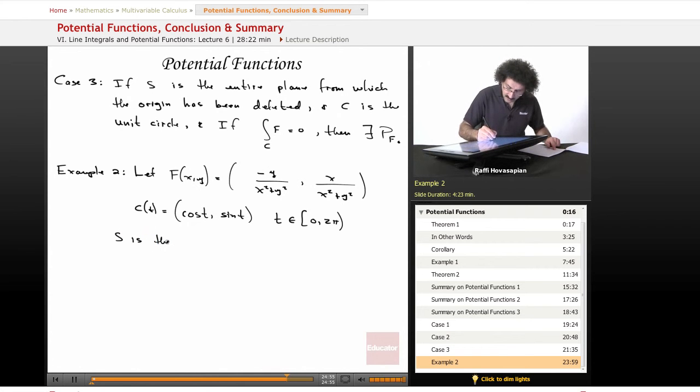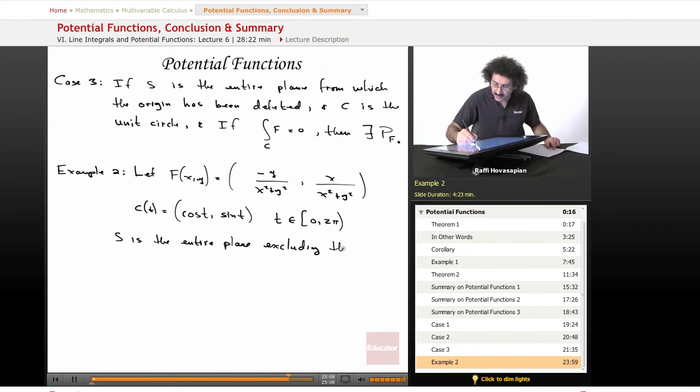is the entire plane, because this vector field is defined over the entire plane, excluding the origin. Because the point 0, 0, this vector field is not defined, excluding the origin. Okay, well, let's go ahead and form f of c of t. We're going to evaluate this directly. So f